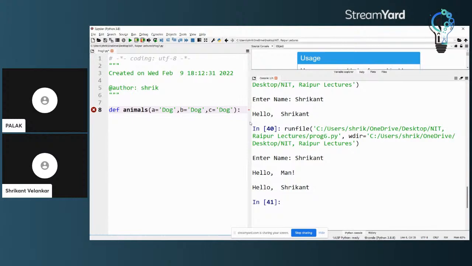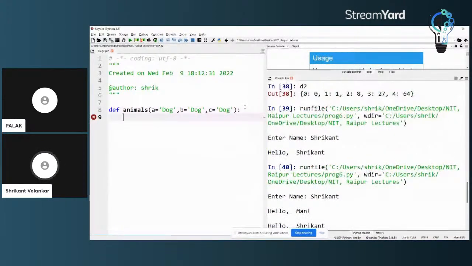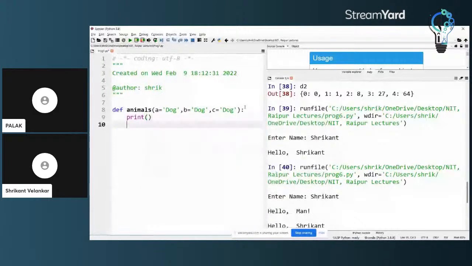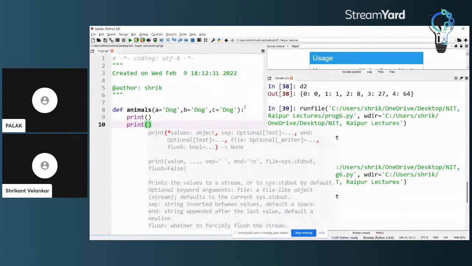Now I will do just like before, print, and another print which will say A, comma, B, comma, C, comma.